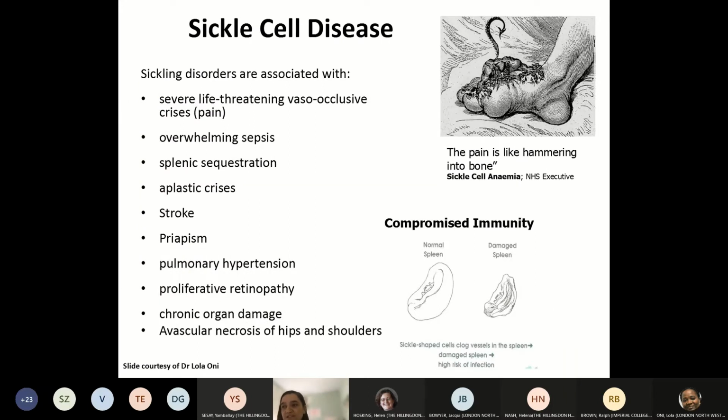So signs of sickle cell disease usually begin in early childhood. The severity of symptoms can vary from person to person, and sickle cell disease will lead to various acute and chronic conditions. Some of them have high mortality rates. So these are some examples. Life-threatening vaso-occlusive crises. These are caused by the sickle-shaped red blood cells that obstruct the capillaries and restrict the blood flow to an organ, and this results in ischemia, pain, necrosis,